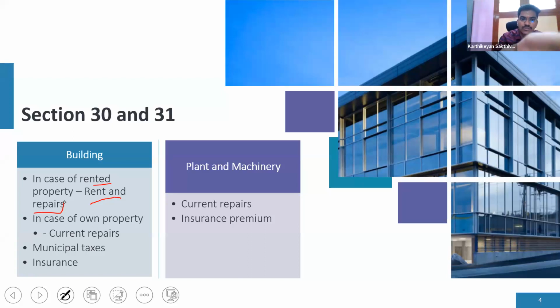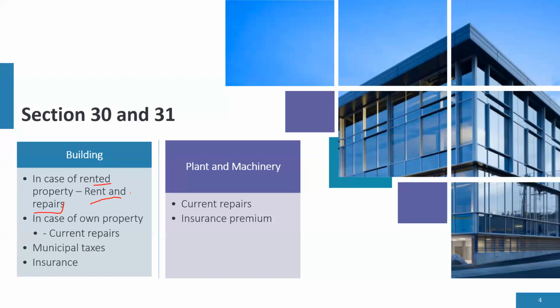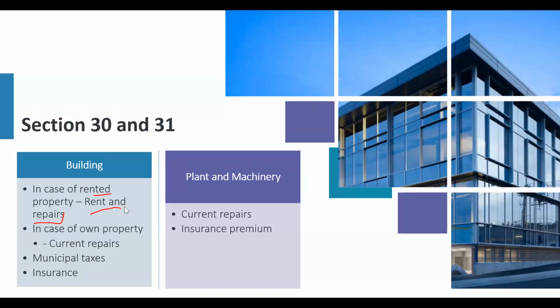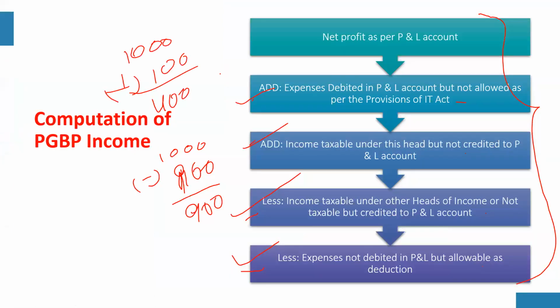Yes, come on, answer. There is an expense which is allowable as per income tax act, that is debited in the P&L account. What should you do? Tell me, fast, give me an answer. Did you understand the question first? Sir, add it. Why should you add? The expense is debited. Yes, the expense is debited, so add it.